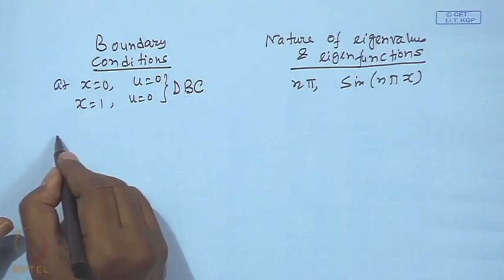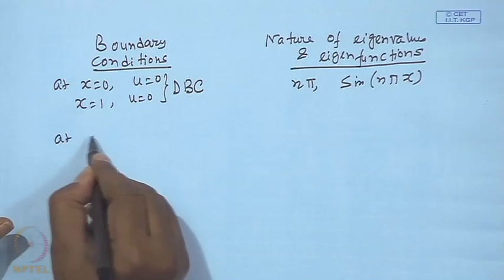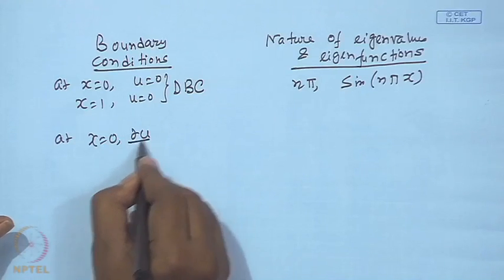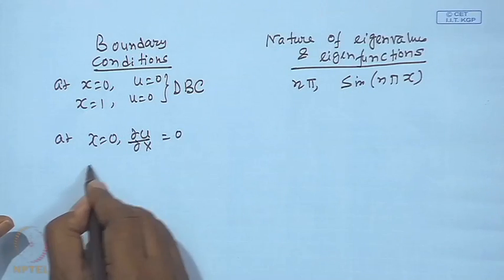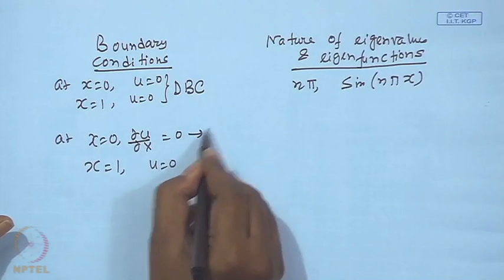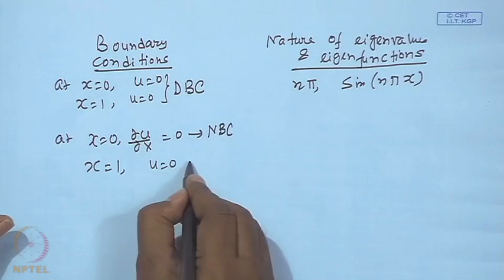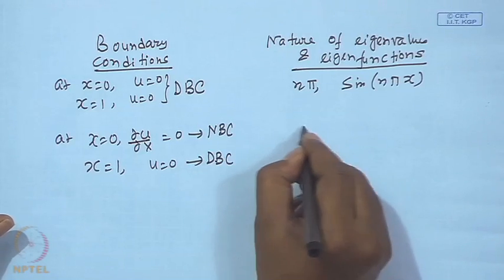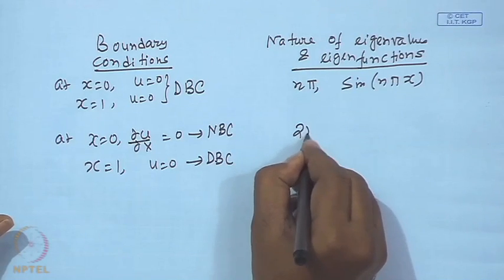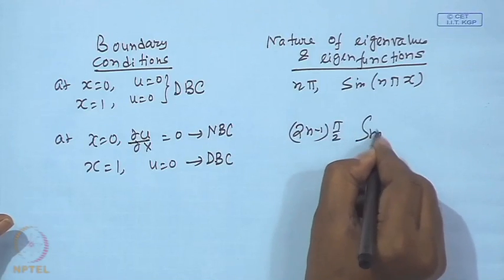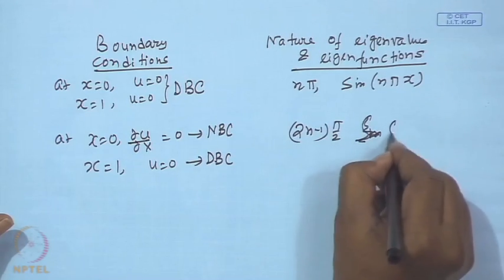Now, at x is equal to 0, del u del x is equal to 0, and at x is equal to 1, u is equal to 0. So, this becomes a Neumann boundary condition, and this becomes a Dirichlet boundary condition. The eigenvalues are (2n minus 1) pi by 2,